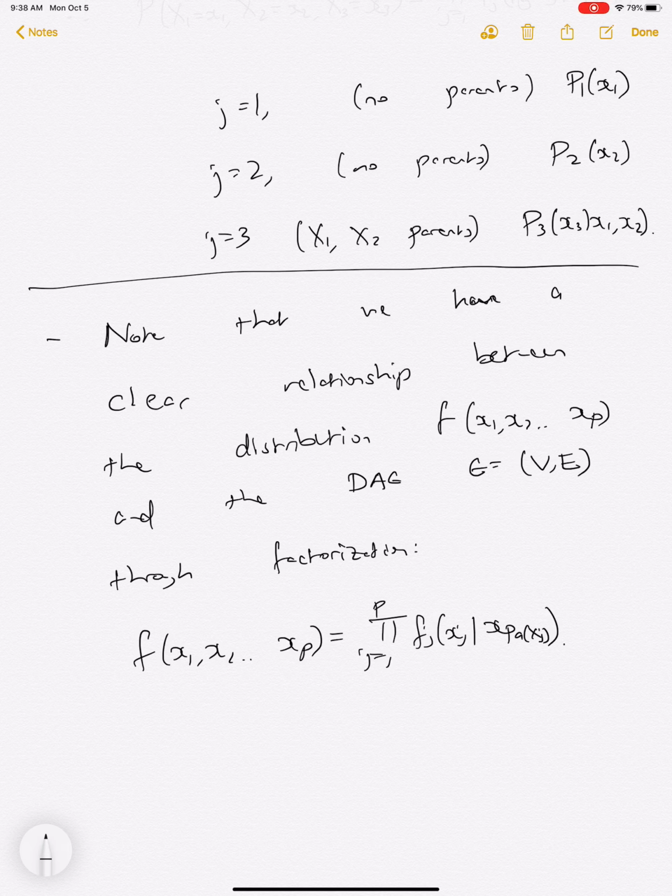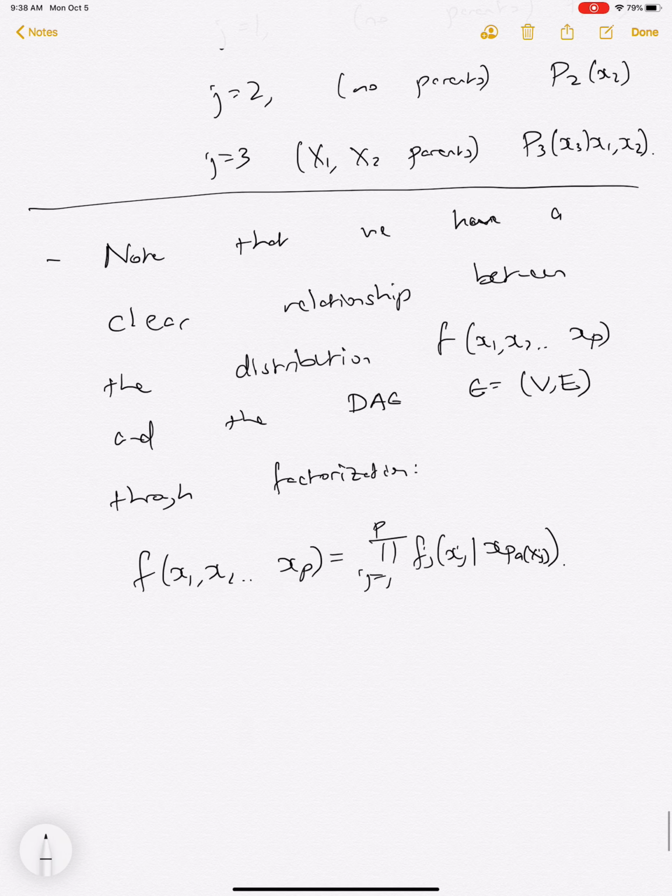And now, one last thing to note in this example, which we're going to delve into in a little more depth in the next lecture, is that